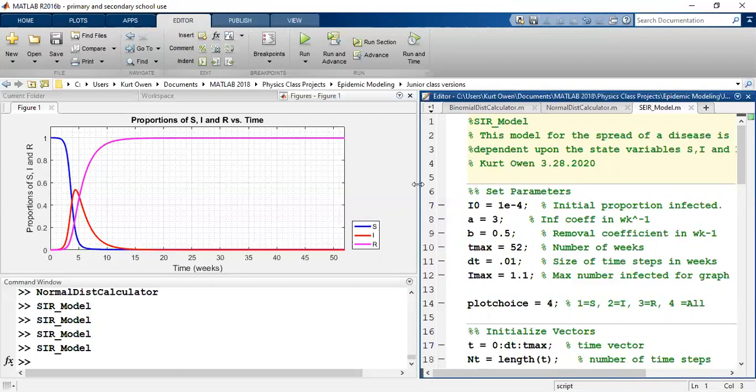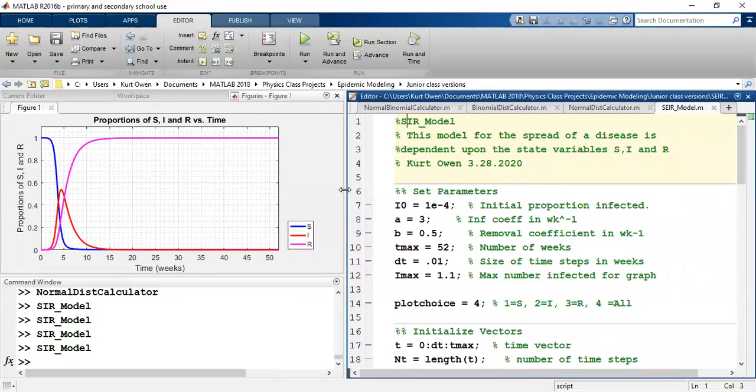So let me actually expand my code window. So the name in the comment should be SEIR. And remember, you can play this video back at any speed that's comfortable for you. And you can pause it at any time if you need to catch up. So there we go. I wrote this a while ago, but we now are going to have the S, E,